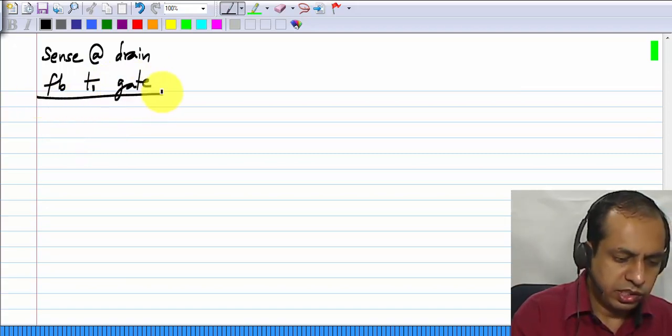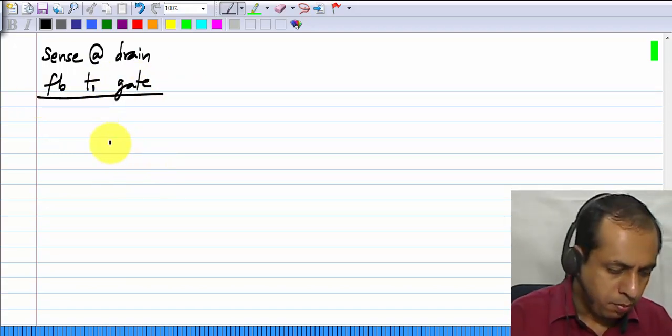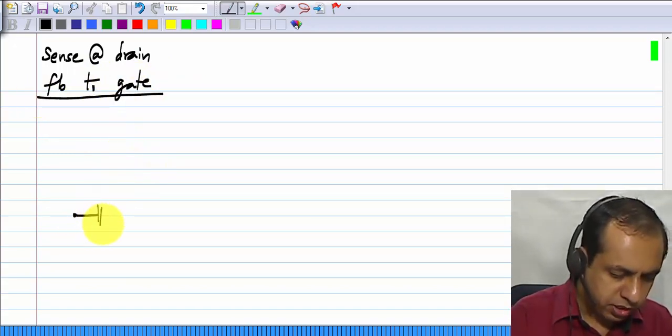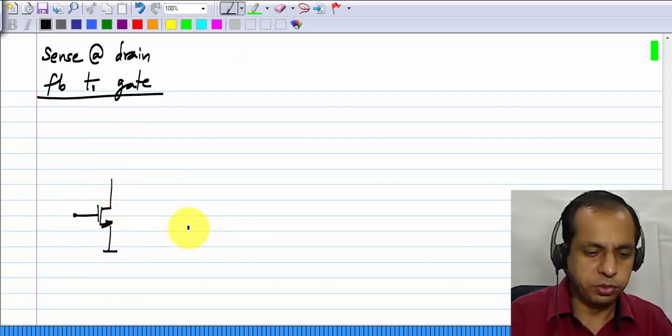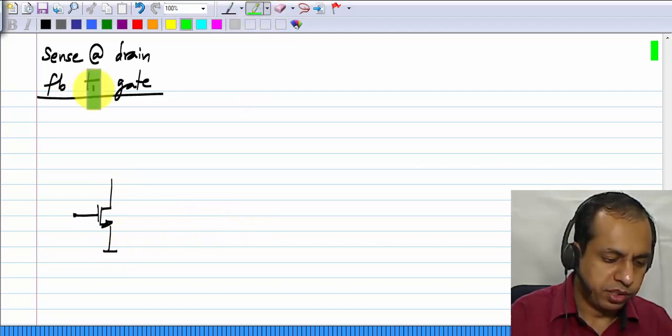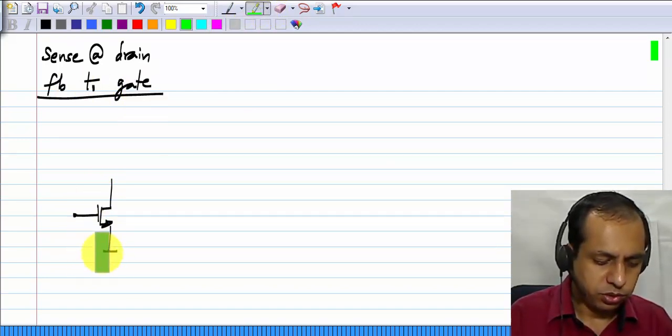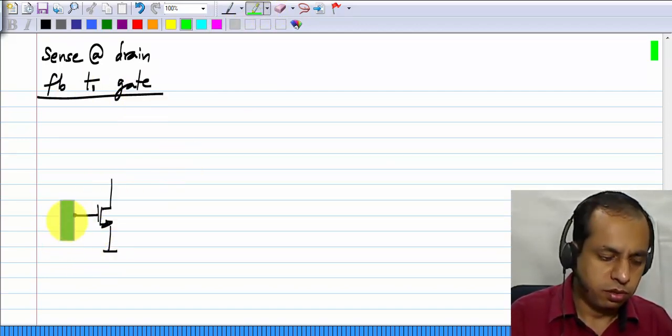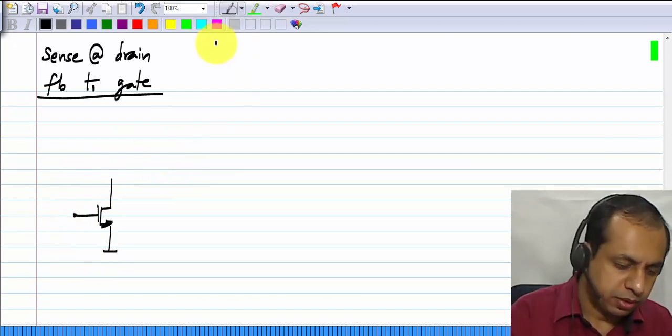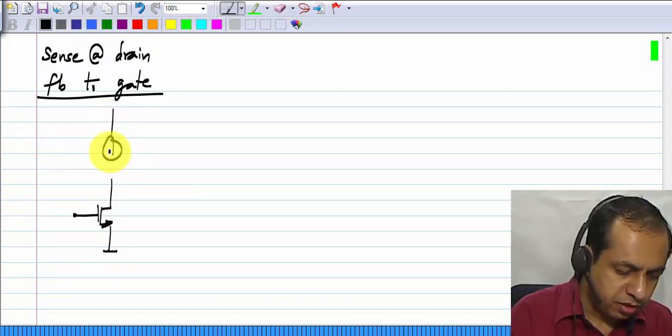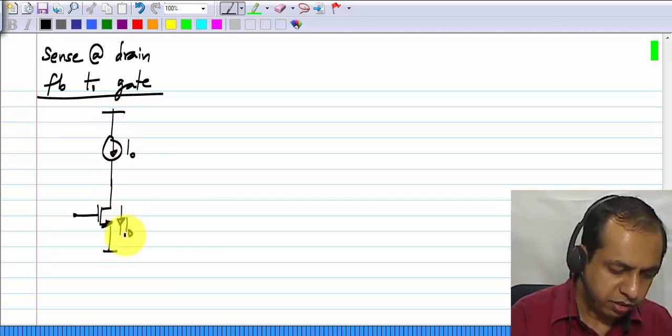So when we sense at the drain and feedback to the gate, we have a MOS transistor with the source, let's say, connected to ground. It's connected to a fixed voltage. When we say feedback to the gate, the idea is that the source side is fixed and the gate is variable. It's based on feedback. Then we connect a current source I0 to the drain of the transistor,